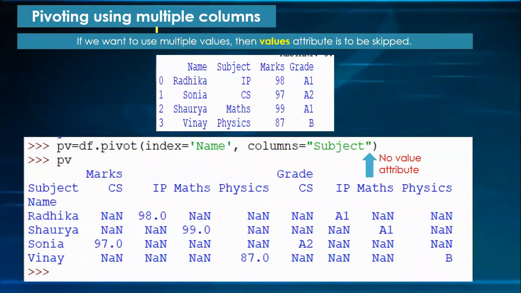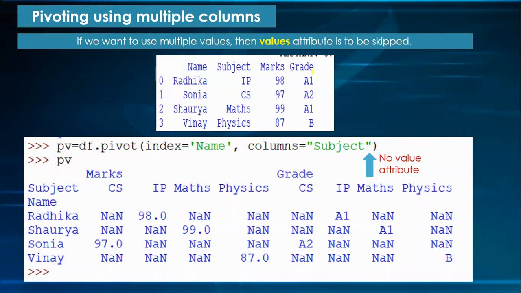This topic is pivoting using multiple columns. Now, if we want to use multiple values, then the values attribute is to be skipped. For example, if you want both the columns, marks also and grade also, meaning not making the table smaller, this time making the table bigger. In one data frame or in one table, you need both.